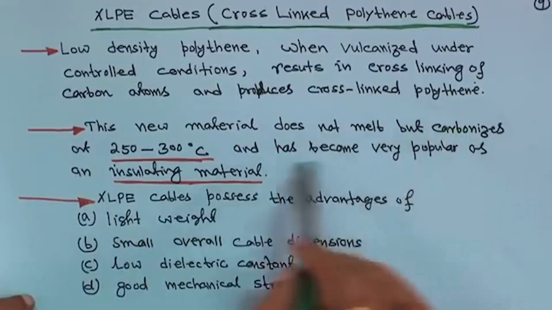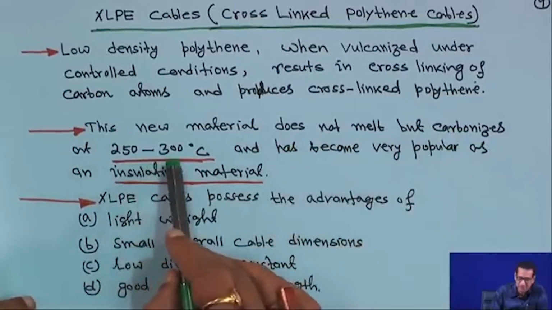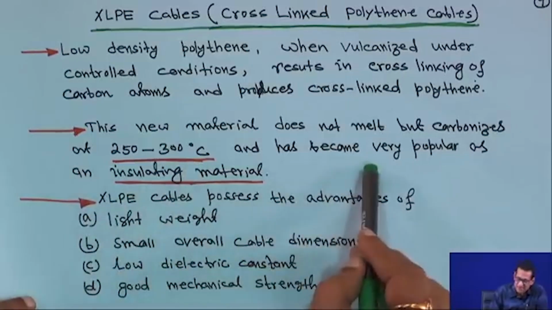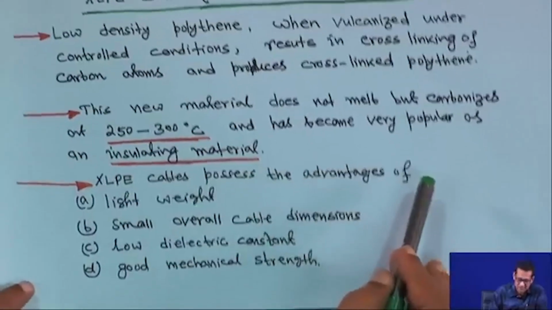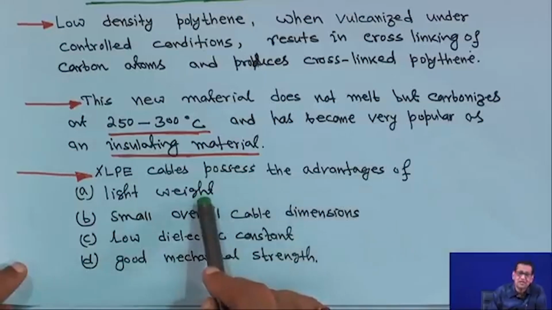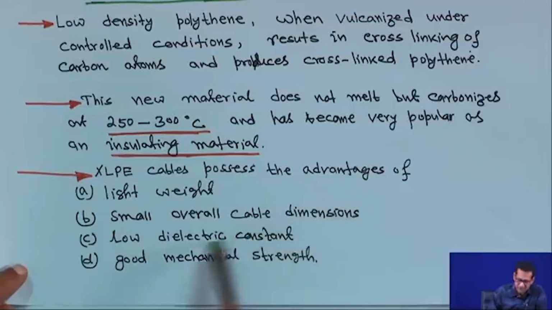This new material does not melt, but carbonizes at 250 to 300 degrees Celsius, and has become very popular as insulating material. XLP cables possess the advantages of light weight, small overall cable dimensions, low dielectric constant and